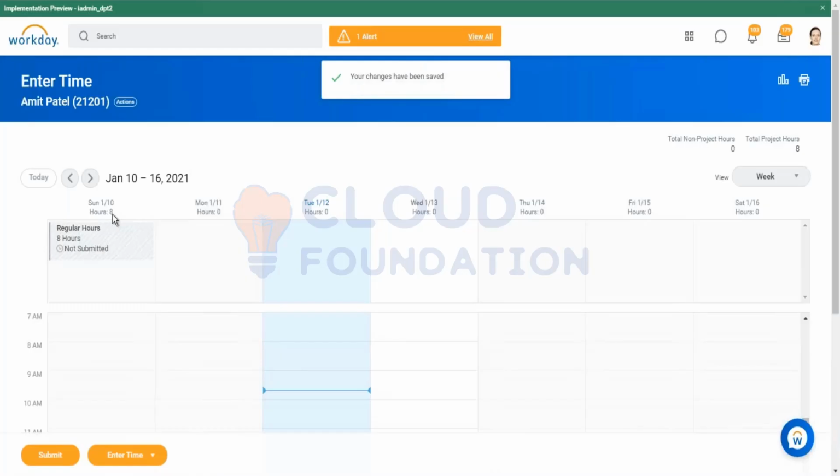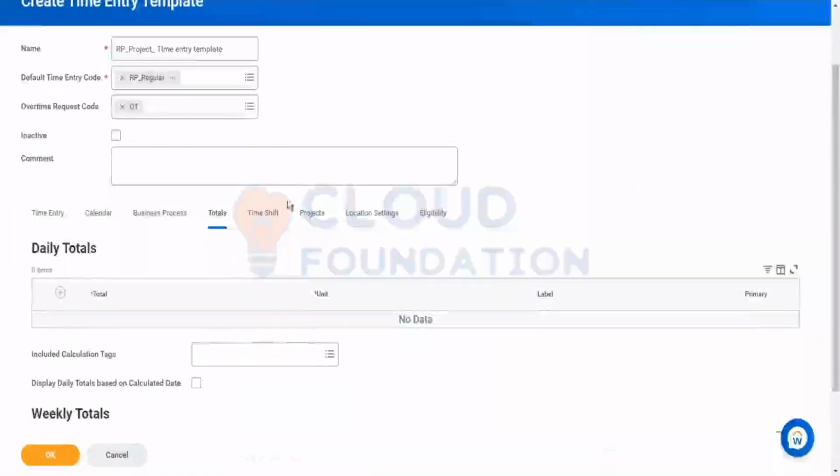Automatically 8 hours has been given over here. This is the weekly total. Okay, this will accumulate, but on a day basis, this is the highest value that has been added for that day. All right, if you don't add any value,